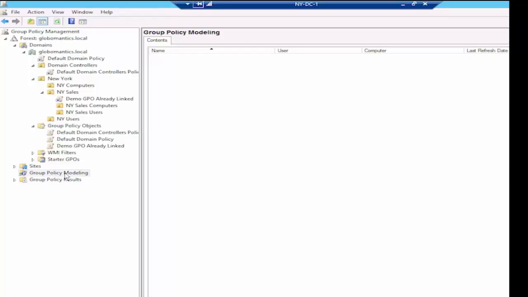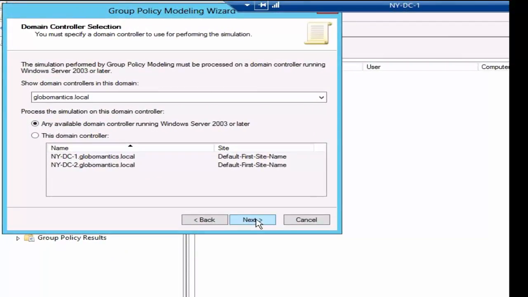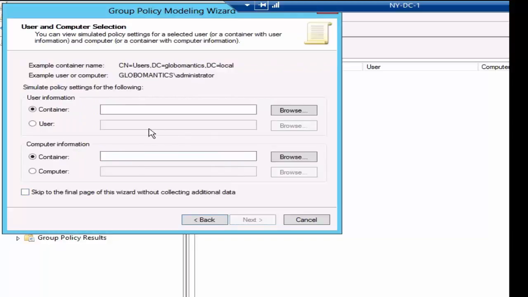new results. Where group policy modeling comes into great play is the user has called you, said, I can't get in. You made a change, and rather than tell the user, hey, why don't you try again, I can jump over here to group policy modeling, run this wizard, and there's all kinds of settings that you can do with this wizard. You can talk about where the group policy is being processed. So we'll say from any domain controller, right? Because unless we believe there's a specific domain controller that has a bad copy of the group policy object, we'll say any domain controller. And then here we're saying either what container is the user or computer in, or we